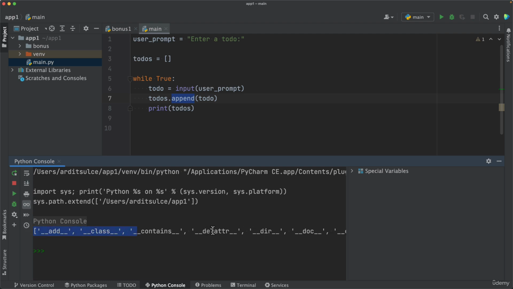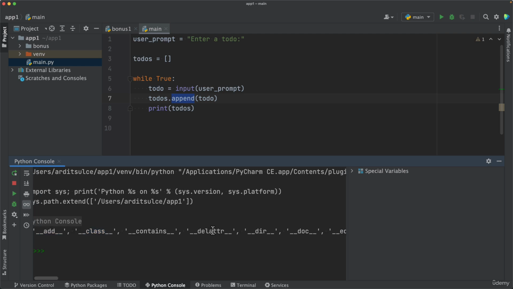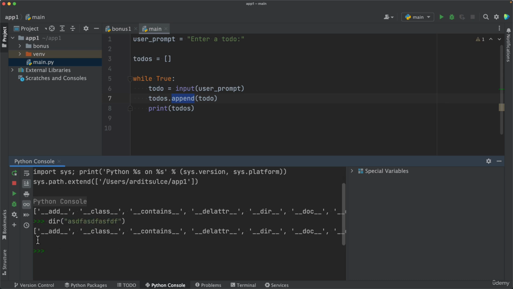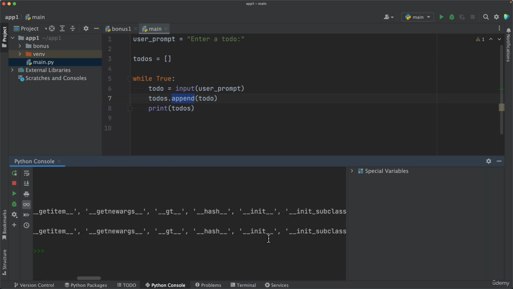So this list contains all the methods you can apply to a string data type, because I did dir(str). str represents strings. This is a keyword in Python, although you can also use any string there and you'll get the same output. So either use str, the keyword representing the string type, or an actual instance of a string. So this list is made of these